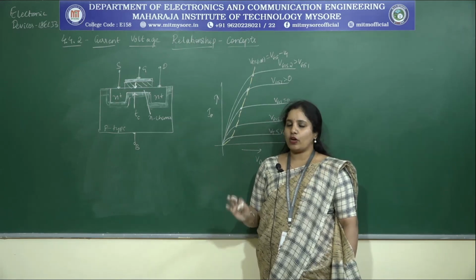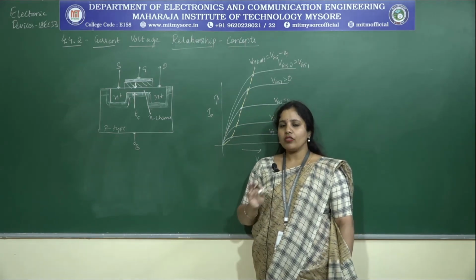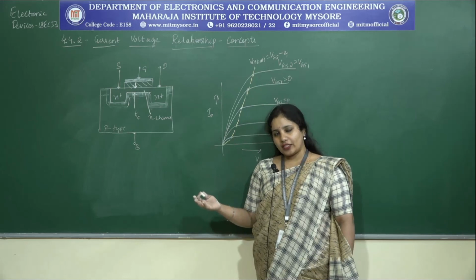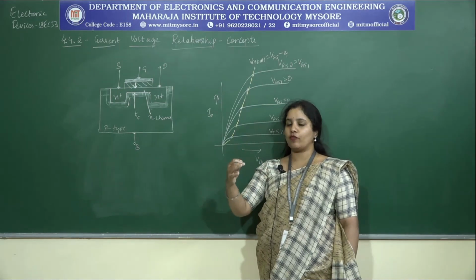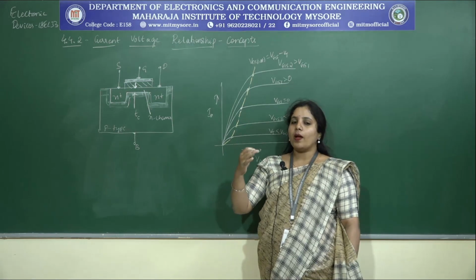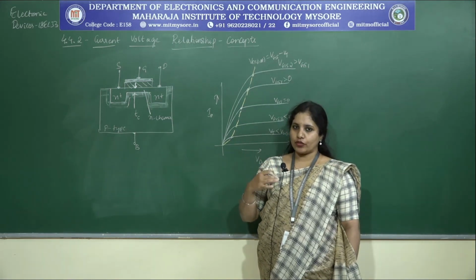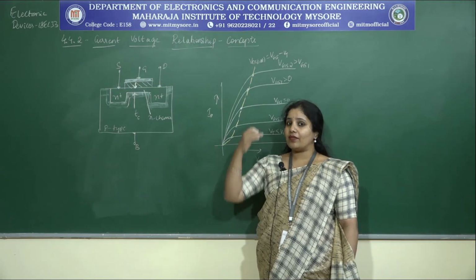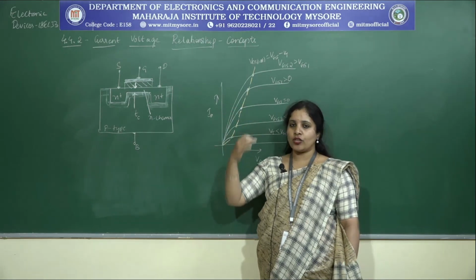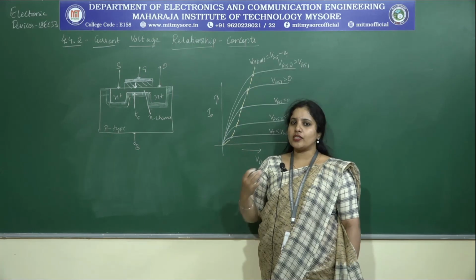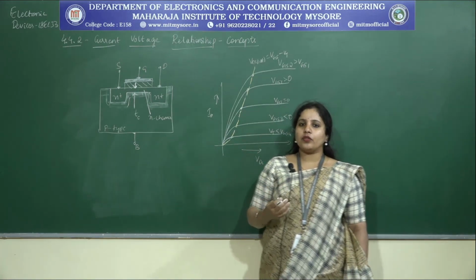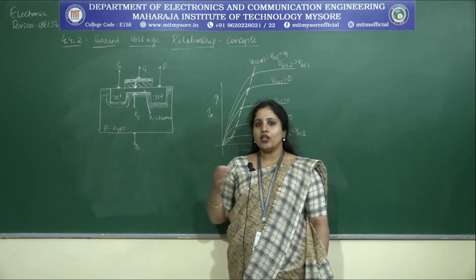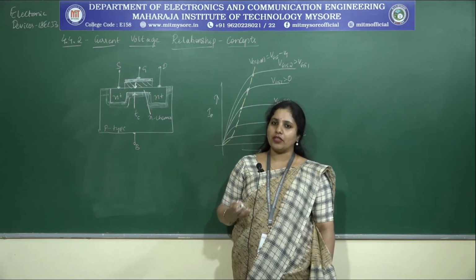Now once we have understood the MOSFET operation, in the next class we'll be starting off with the energy band diagrams: how to represent the energy band diagram for the N channel after it is formed, and then how to represent it if you are forming a P channel, where we have a conduction energy level, valence band energy level, and Fermi level. All those will be coming across. Once we are done with the energy band diagram, we'll be left with one more topic, which is about current voltage characteristics. That completes module 4, which we will take up in the next session.